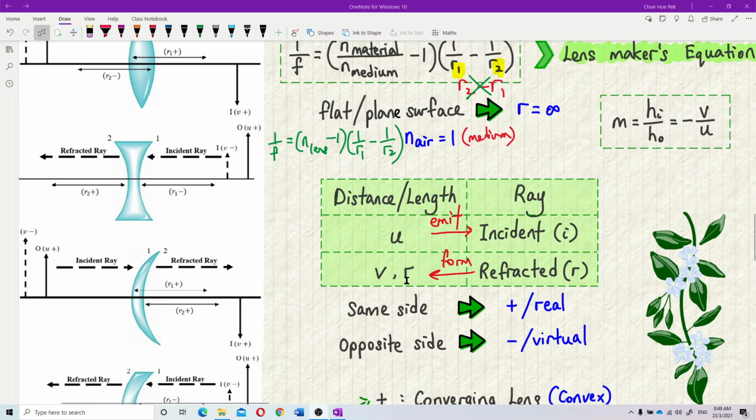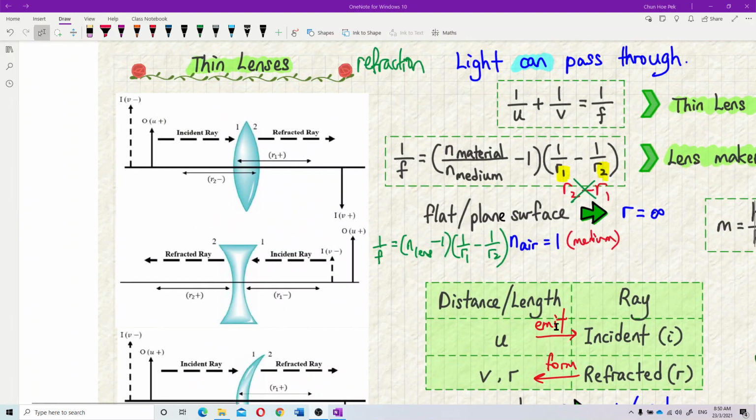The radius of curvature is also compared with the refracted ray. Only the object is compared with the incident ray. The rest, image distance and radius, are all compared with the refracted ray. If on the same side, it is positive, a real image. Opposite side means negative, a virtual image. So let us look at the first